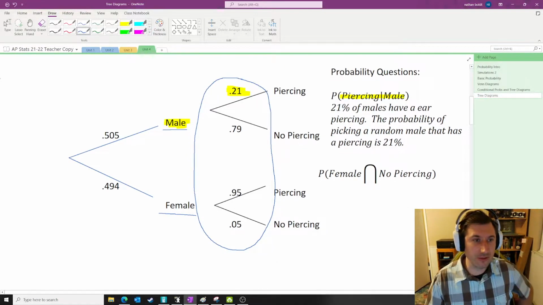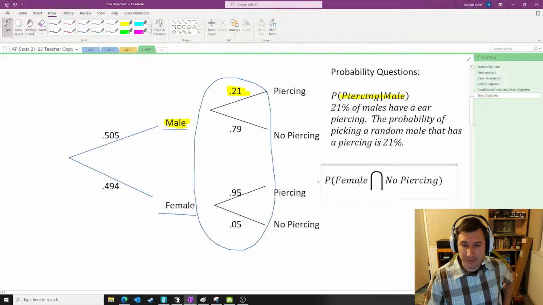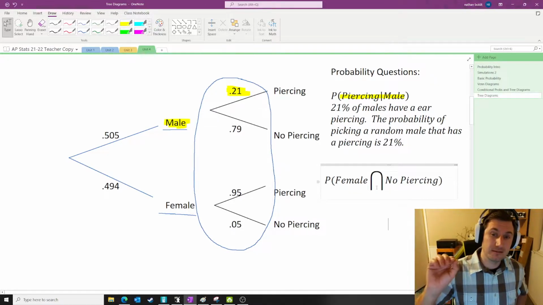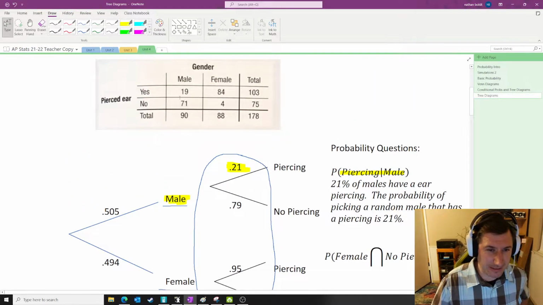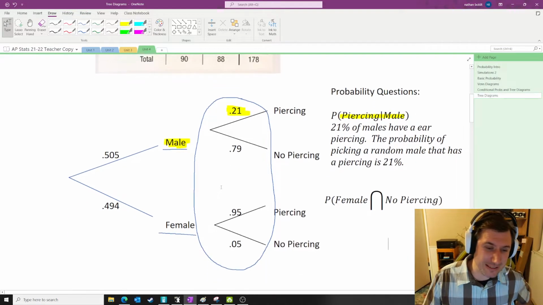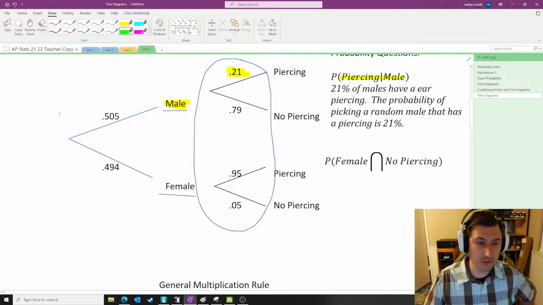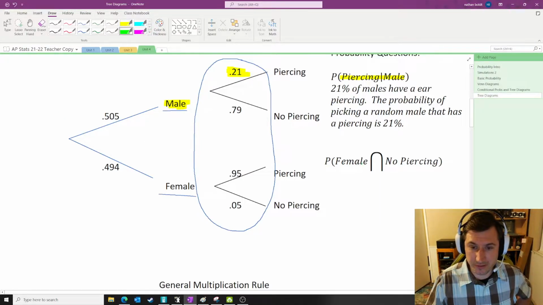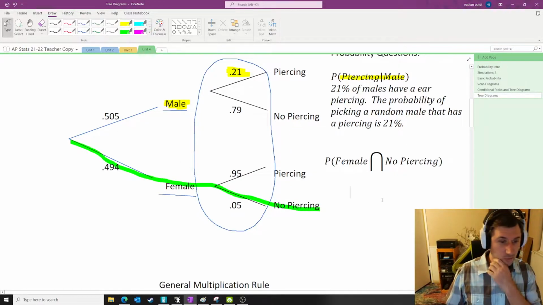All right, the other really cool thing about the tree diagram are the joint probabilities. What is the probability of being female and having no piercing? The joints. Well, the joint is really easy to see on a two-way table, right? But where is it here? Well, there's a pretty fancy thing you can do. All you do is multiply down the tree diagram along the branch that has both of these. So the probability of being female is this, and no piercing is this one. So what we do is we multiply those two probabilities,